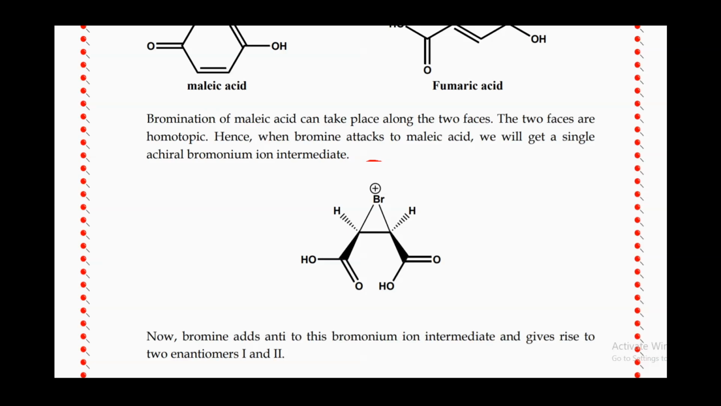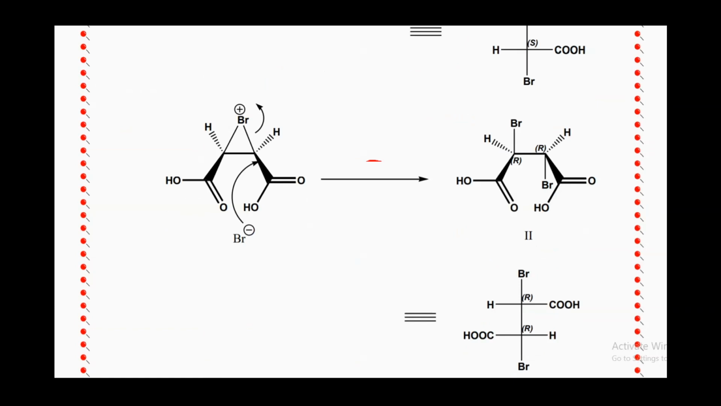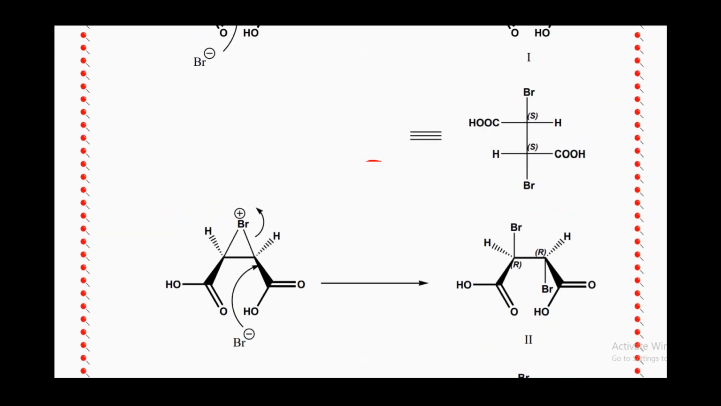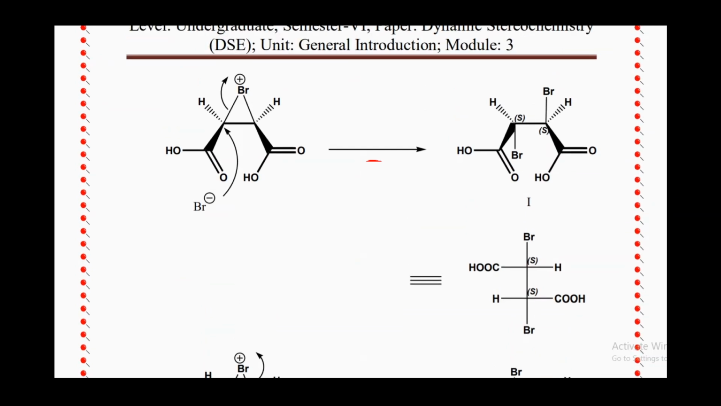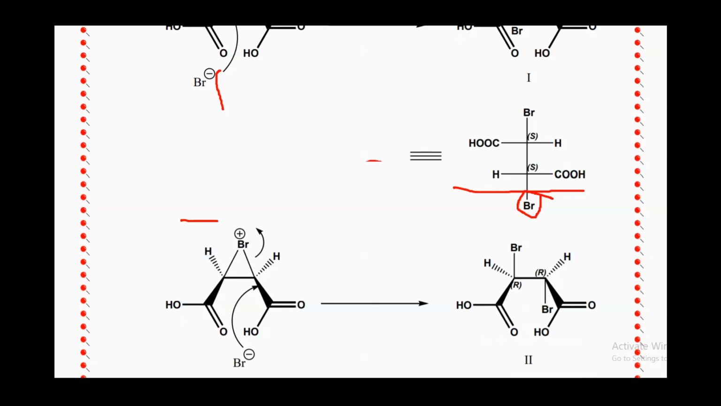Now, when bromine adds anti to the bromonium ion intermediate, the bromonium intermediate which is generated will undergo attack by another Br minus, and with the addition of this Br minus and this opening up, you will be finding here one product which is having the S and the S configuration in this case. Now let me make it clear, this is the S configuration in this case. As you can see, you have read in the stereochemistry section how to find out the R as well as